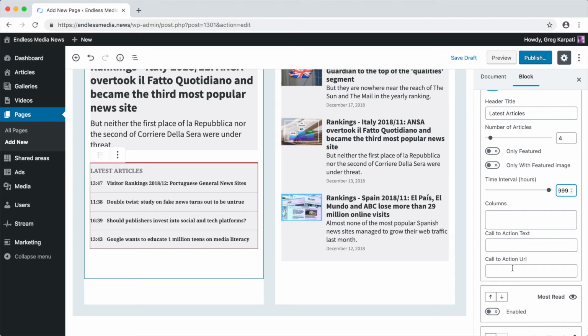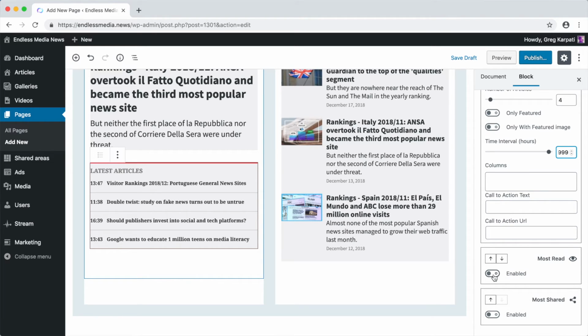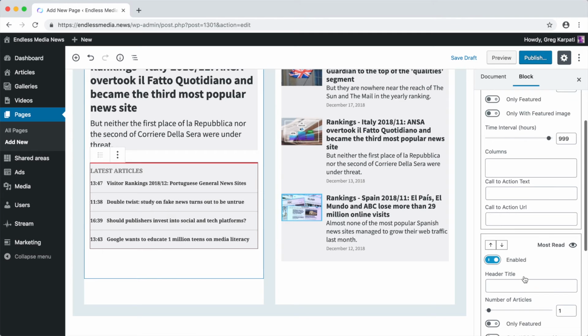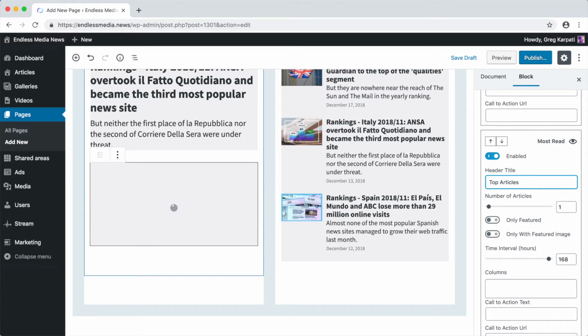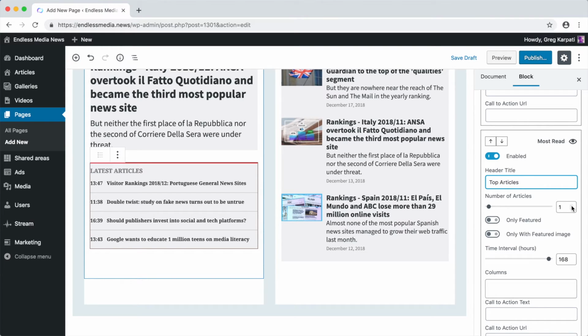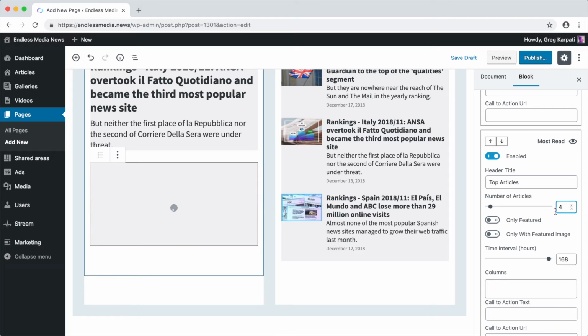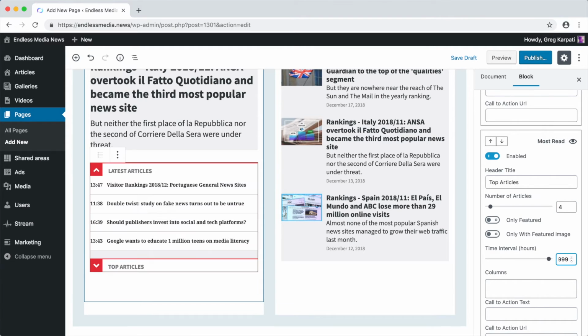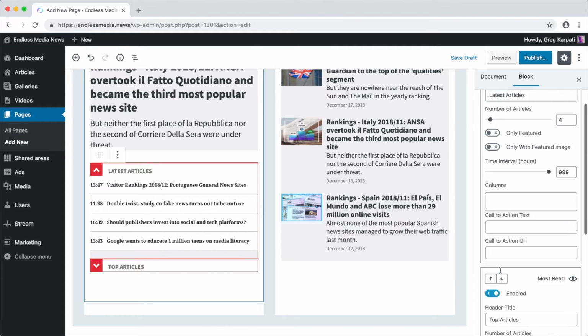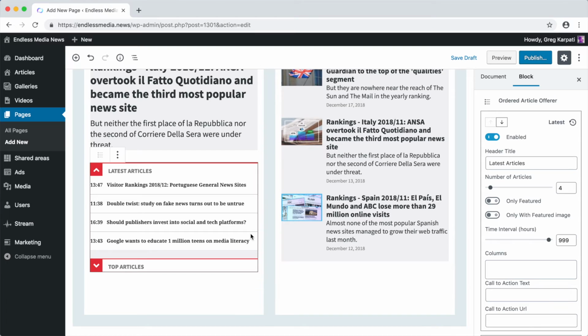I'm also configuring a second type, the most read articles. As you can see, the block content immediately appears. I can even click on the titles to switch between the two types.